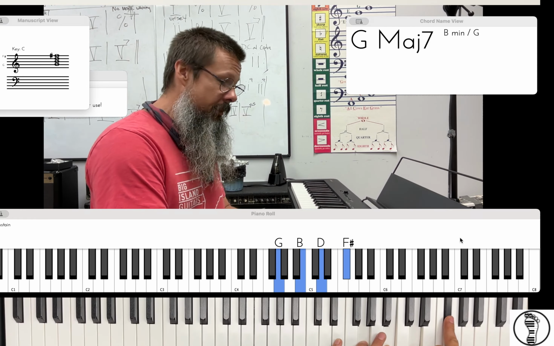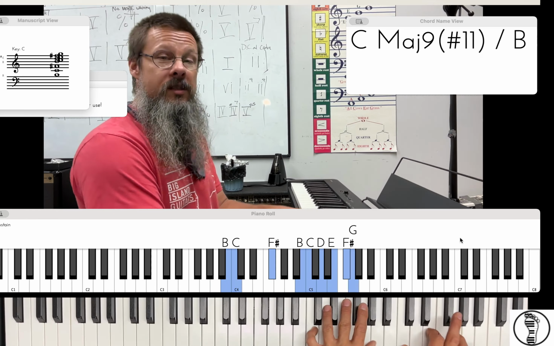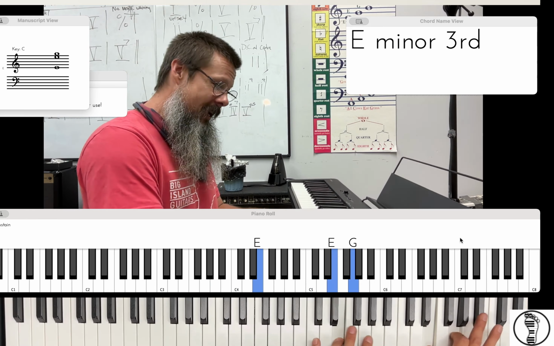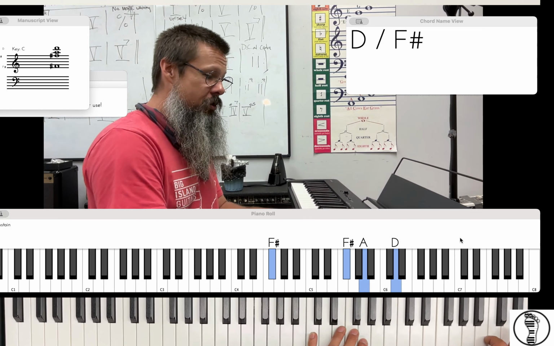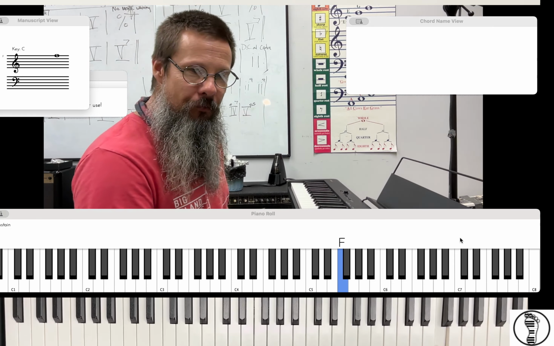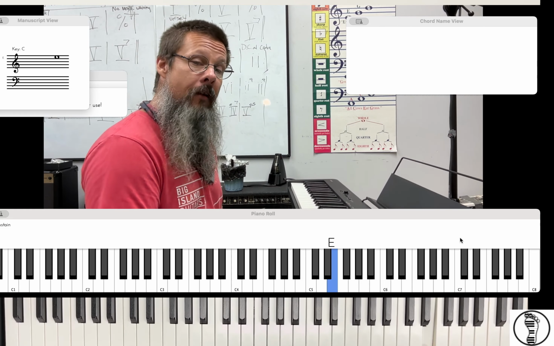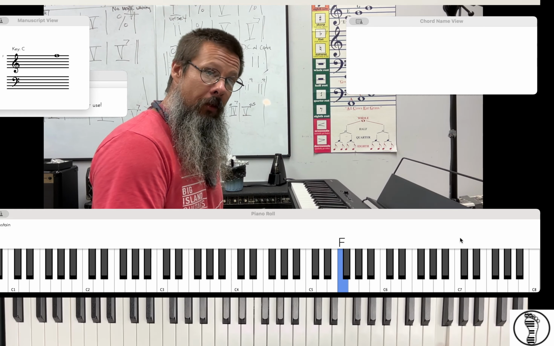F sharp, which is in the key of G: G major, A minor, B minor, C major, D major, E minor, F sharp diminished, and G. When we alter that note and bring it down to an F, we have altered the tone of 1, 2, 3, 4, 5, 6, and 7 to have a minor 7th, meaning